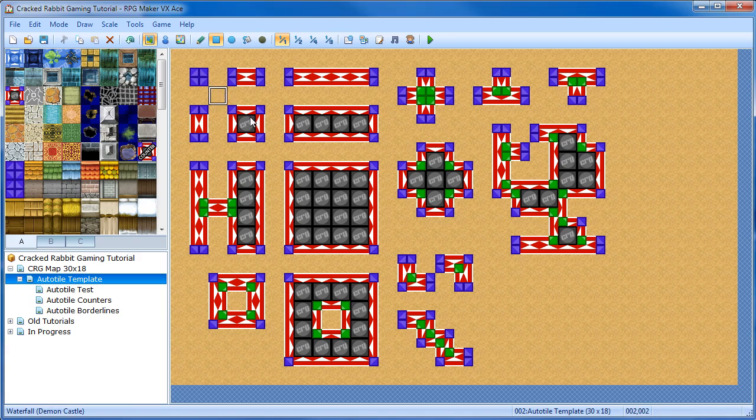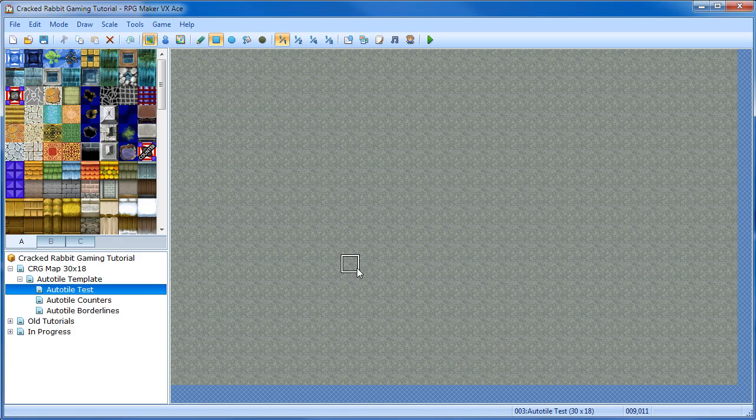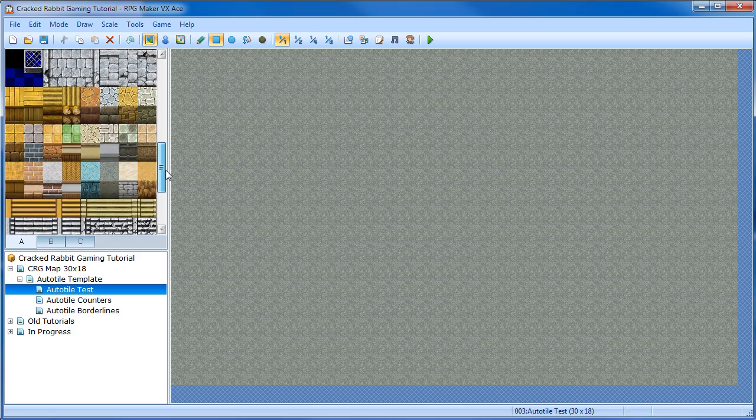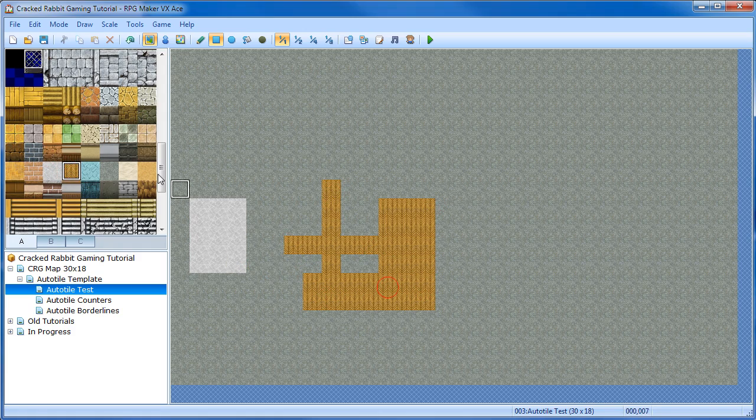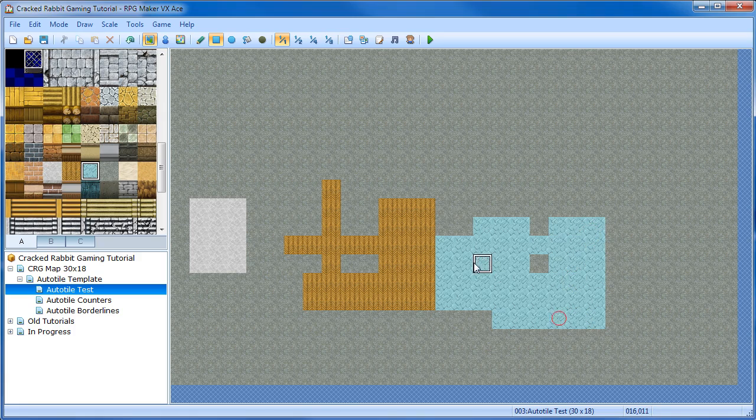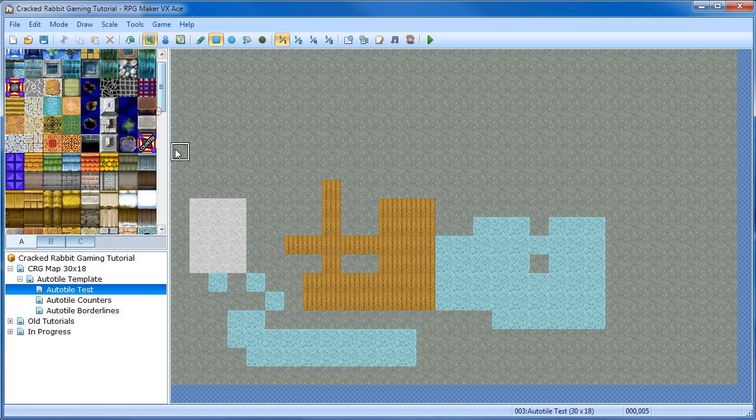So first of all, let's just talk about what an autotile is. If you go down to the bottom of the A tab and you just look at any of these tiles here, if you draw these out, these are just standard old tiles and nothing happens, nothing special. Every square you draw is exactly the same. But if you go up to an autotile,